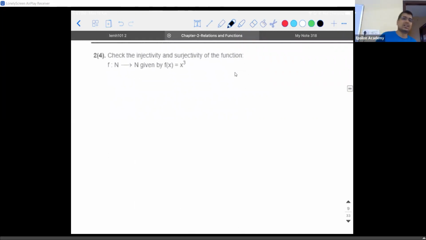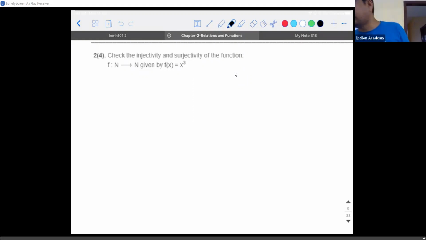Okay, now let's do it a little faster. All are simple problems. They started with x, now x square, x cube. Is it injective? It is injective. So, to put it in simple terms, f of x is equal to x power n will be injective if the power of x is odd. But again, it depends on the domain and the codomain. In this case, both the domain and codomain belong to positive numbers.